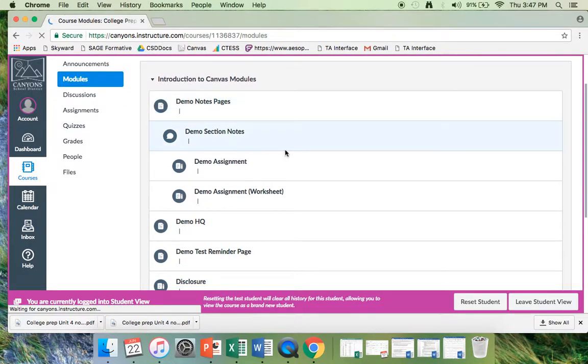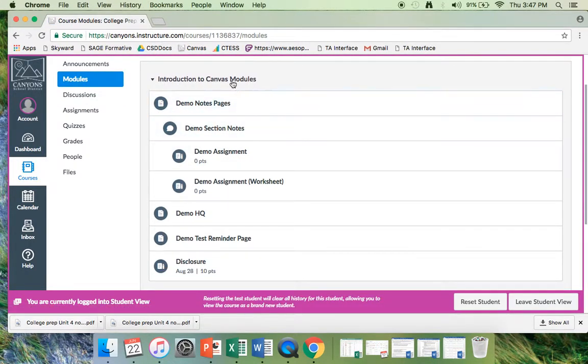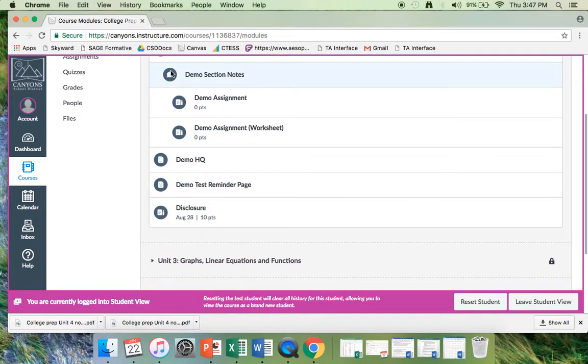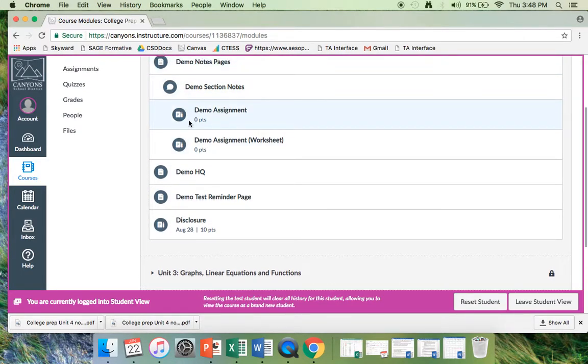Okay, so we'll go back to modules. So far we've talked about the notes page, how you can get a copy of notes there, the video pages where you can see the videos, the demo assignment and how they work, and the demo assignment worksheets. Those are the basic 3 that you're going to see every single time: notes, section, assignment. The other 2 types you might see are ones for homework quizzes